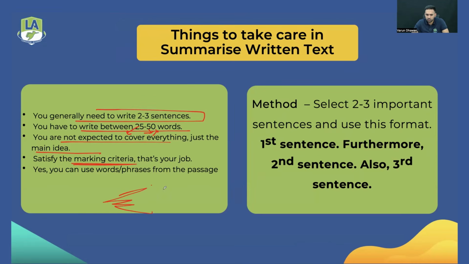For content, 5 to 6 keywords. For form, 25 to 50 words. Grammar and spelling mistakes should not be there. And yes, you can use the exact same phrases or words from the passage. What is the method? You have to read the passage,